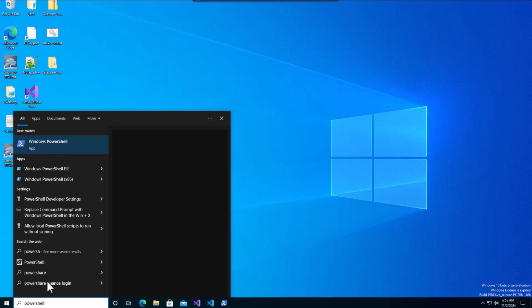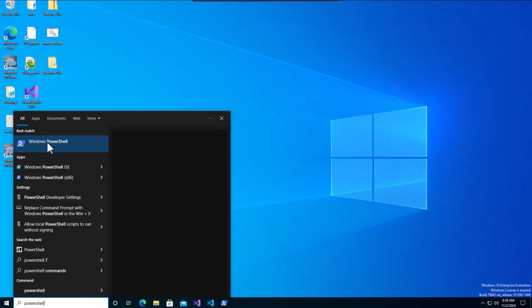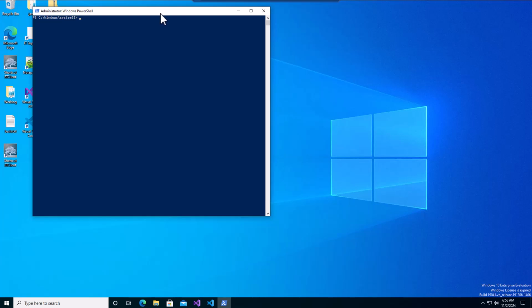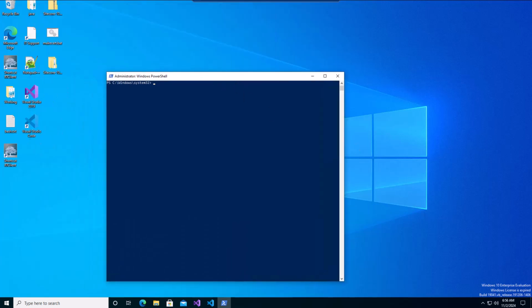admin mode. So how you do that is I'll just type PowerShell here, and I would right-click on the Windows PowerShell icon, choose Run as Administrator. So I got it open down here, but if you do that, it will open up this window here. So this is what we get. And so pretty much what you're doing is, when we're doing PowerShell remoting, you have to